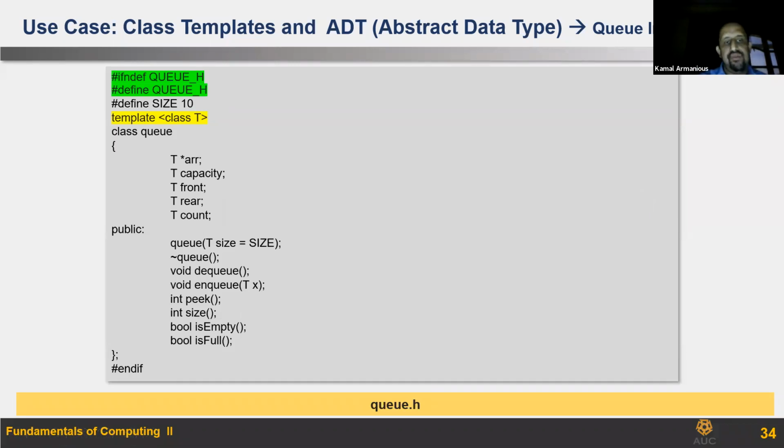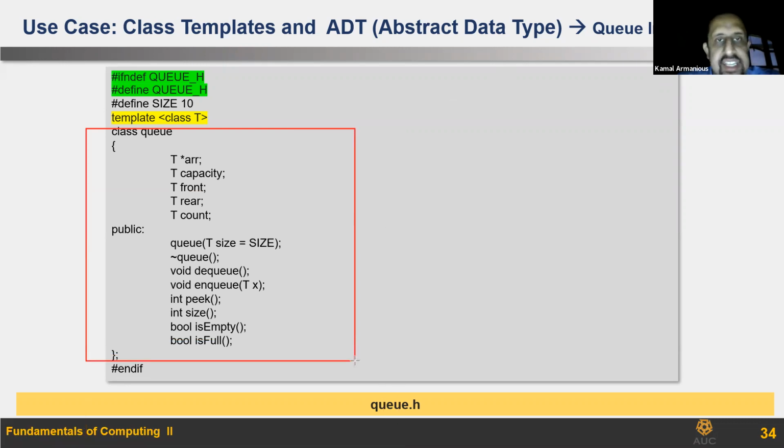The queue has two functions, enqueue and dequeue. And this is an abstract data type. Why is it an abstract data type? Because it is a class without an implementation. So this is called an abstract data type, and this is called a class header. And as you see, our famous T here will be replaced from the main, based on the object the class belongs to.